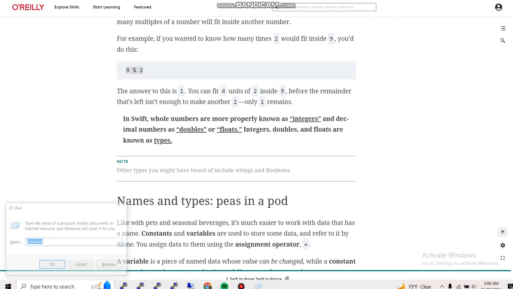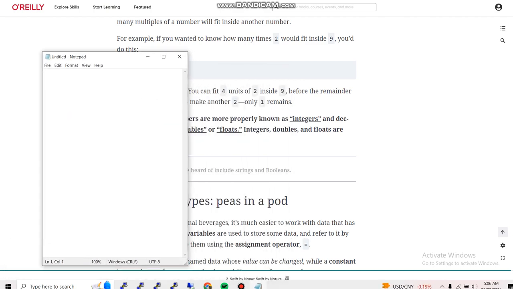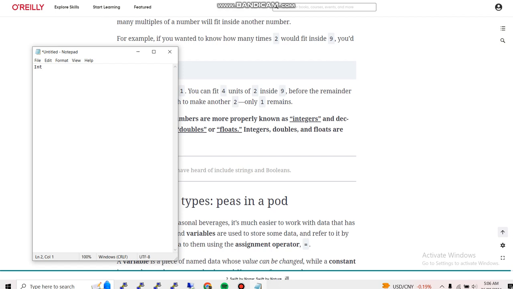Suppose that you have here Int, you have also Double, and you have Float. It means that in the background, how large is the value that you could use here, right? How large, how many